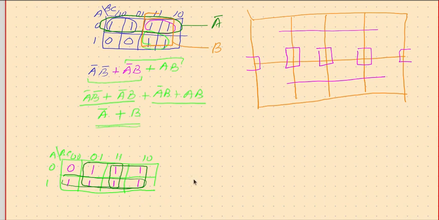So this is having three quads. That means for this quad it is A, and for this quad it is C, and for this quad it is B. For this quad it is A. For this quad A is changing, B is changing, only C is common, which is equal to 1, therefore it is C. For this quad A is changing, B is same, which is 1, therefore it is B. C is also changing, so it is A or C or B. Done. So then how about this?